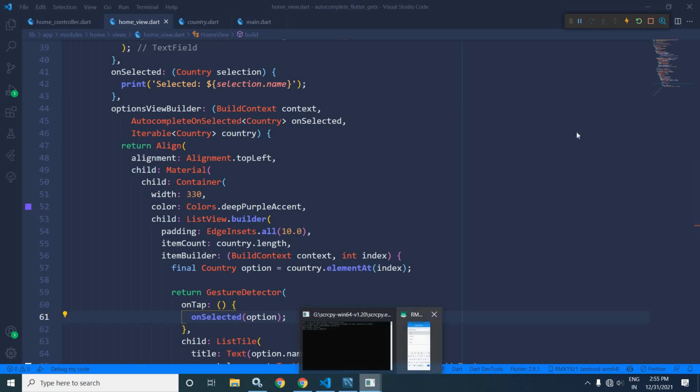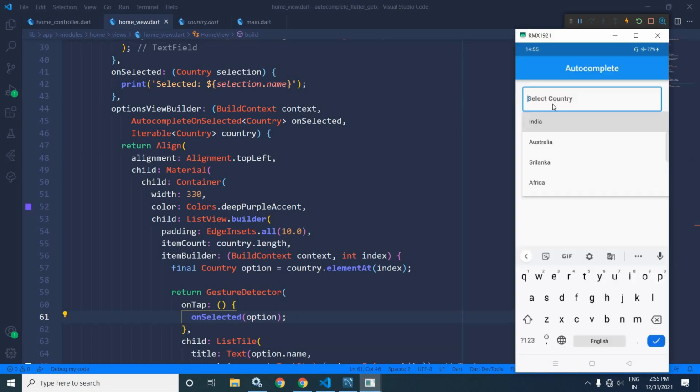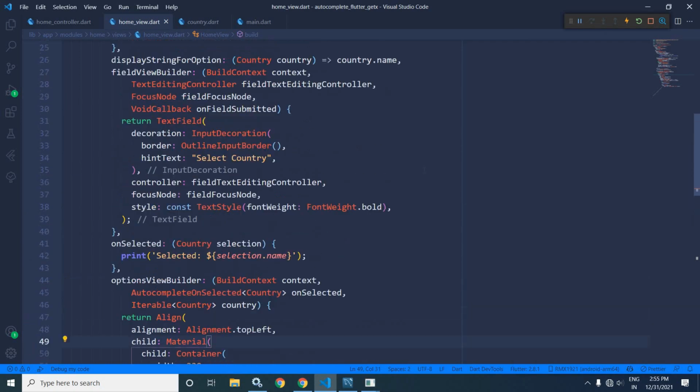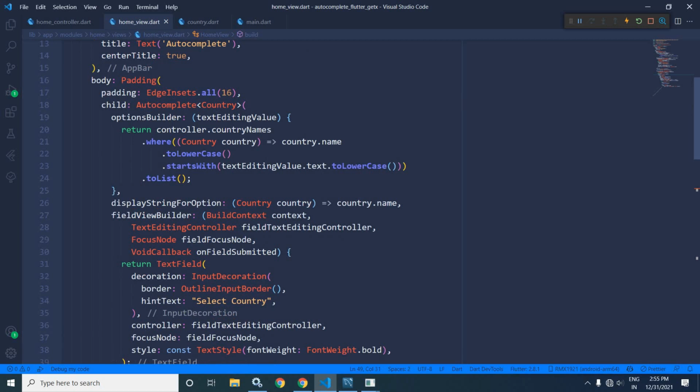Let me show you one more thing. If I type here, suppose A, then see it has filtered all the values that start with A, because I have written it that way. In this options view builder, you can see the value which we are typing in the text field. Based on that, it is filtering the autocomplete widget, right?